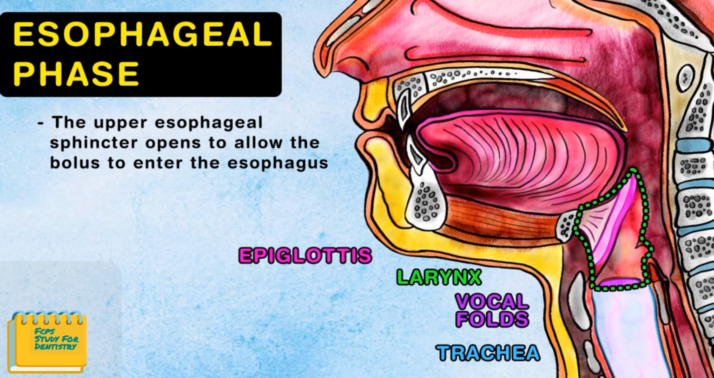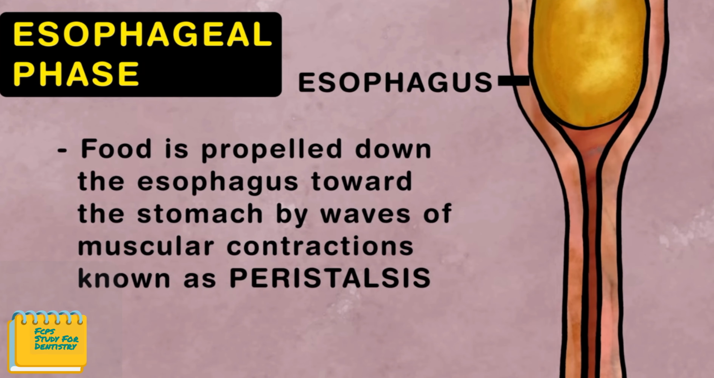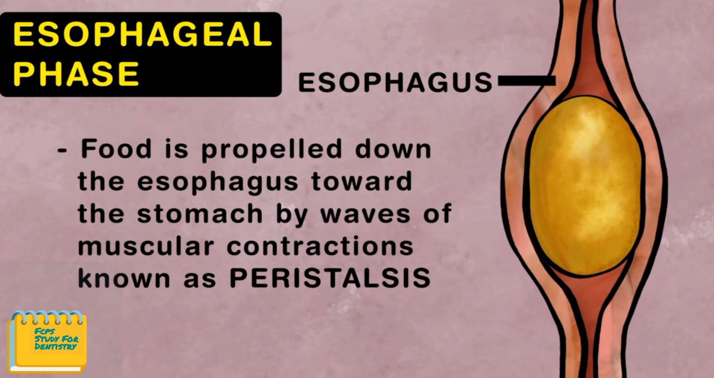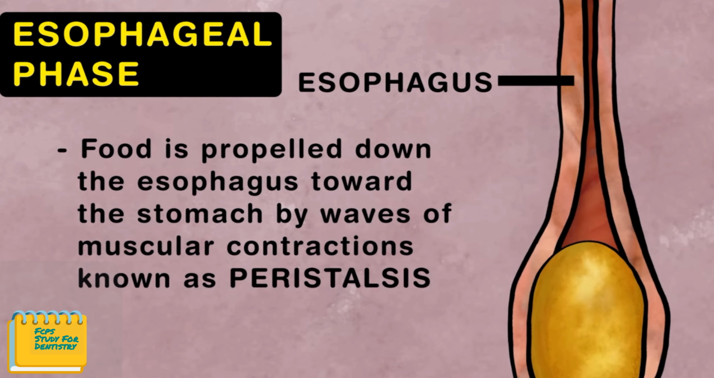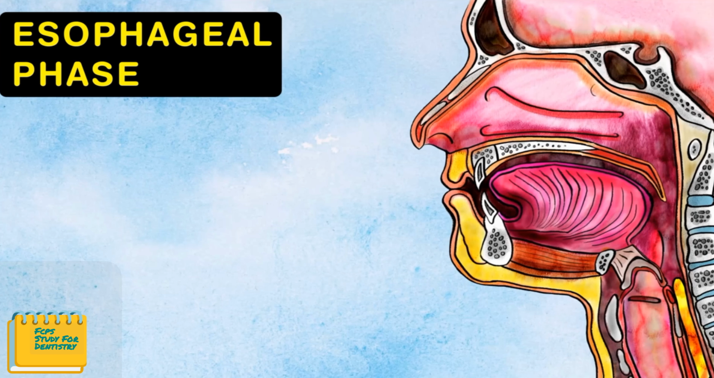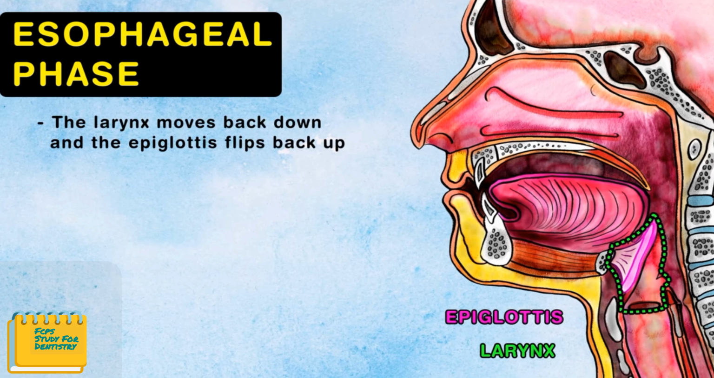During the esophageal phase, food is propelled down the esophagus towards the stomach by waves of muscular contractions known as peristalsis. The larynx moves back down, and the epiglottis flips back up so respiration can